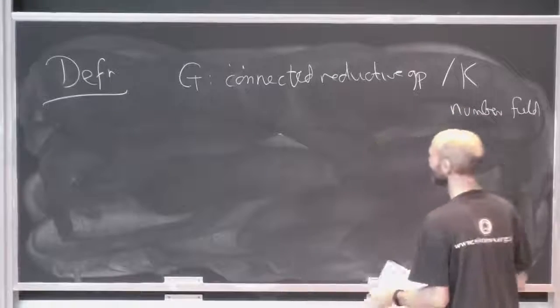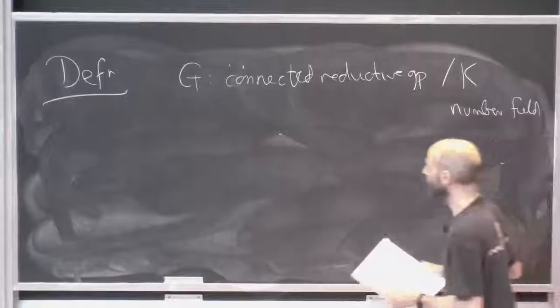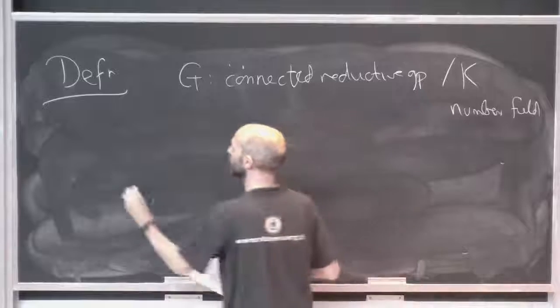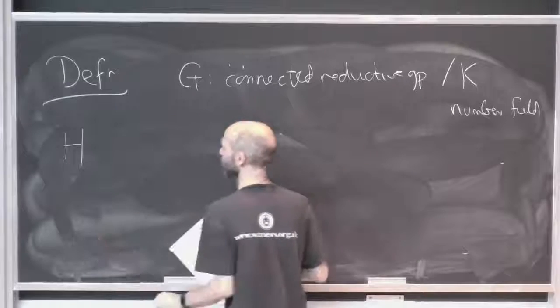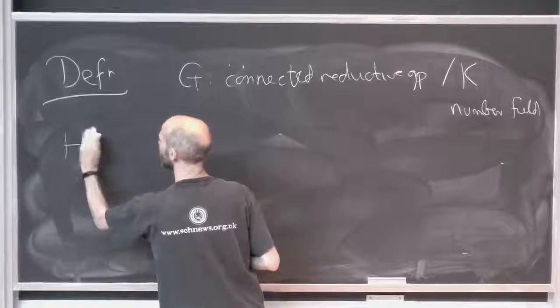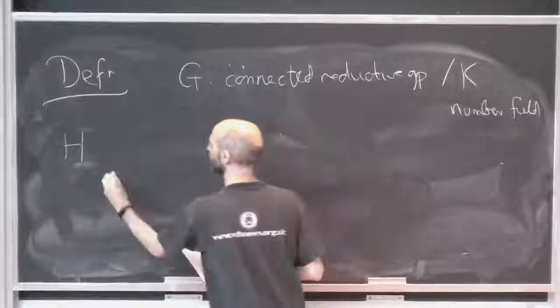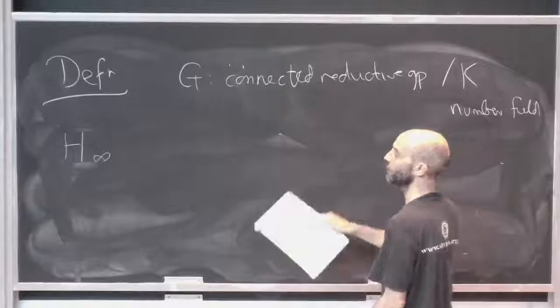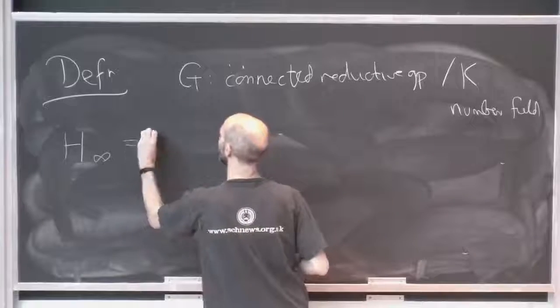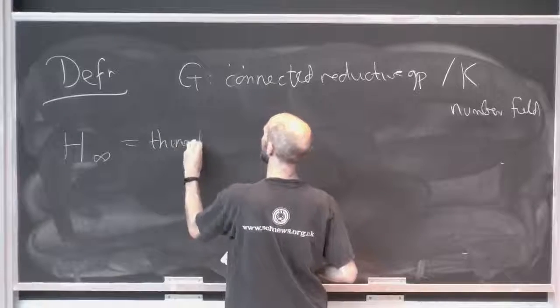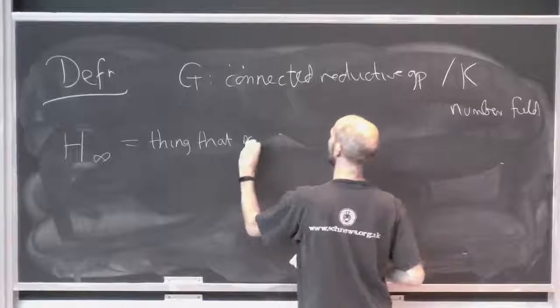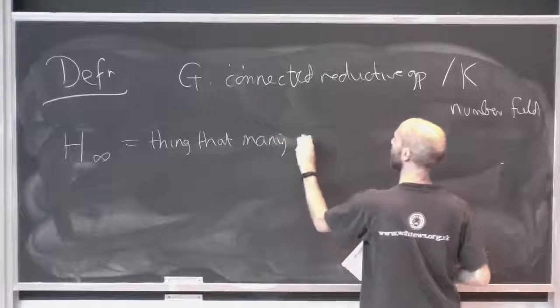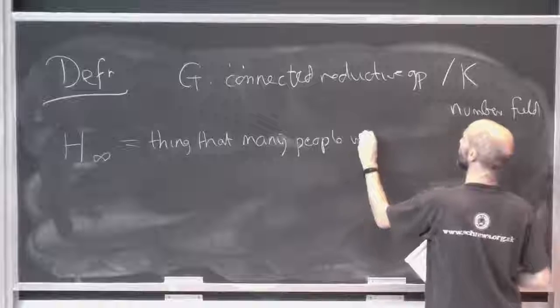The definition depends on some choice of a maximal compact subgroup. So let me fix. Not everyone calls this K infinity, but throughout this course I've used K infinity to mean something else, so I don't want to change now. So I'm going to call it H infinity. This is a thing that a lot of people would call K infinity,